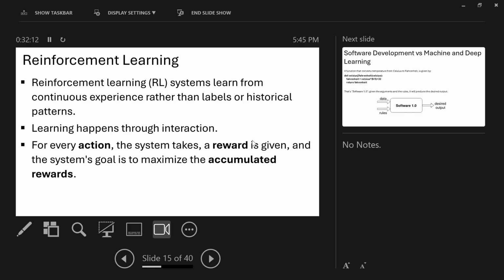Reinforcement learning is learning through trial and error. When it first starts, there is no data, but it learns from continuous experience. So these are the three kinds of machine learning we have: supervised, unsupervised, and reinforcement learning.